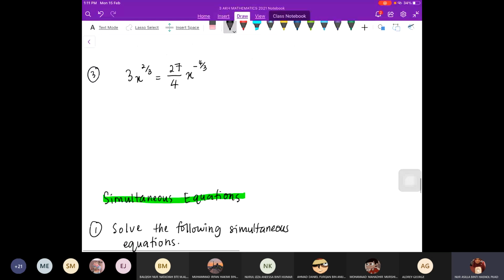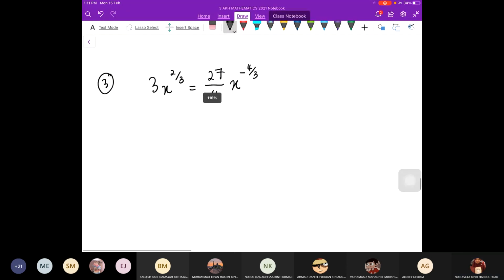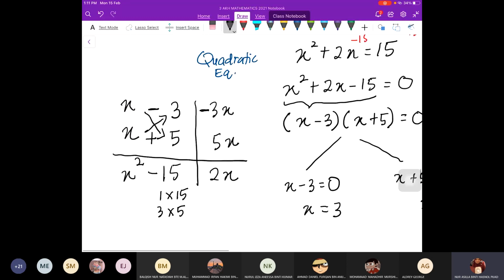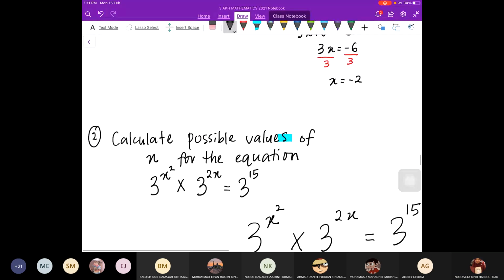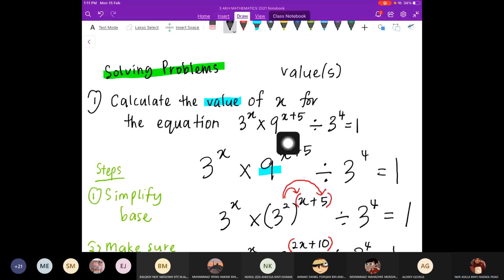Okay. Ni last satu lagi bentuk soalan. Ini also to find the value of x. Okay, nampak je macam ni. Okay. Now, tadi soalan pertama, syajarah kamu adalah bila mana base dia kamu kena samakan. Okay. So, 3